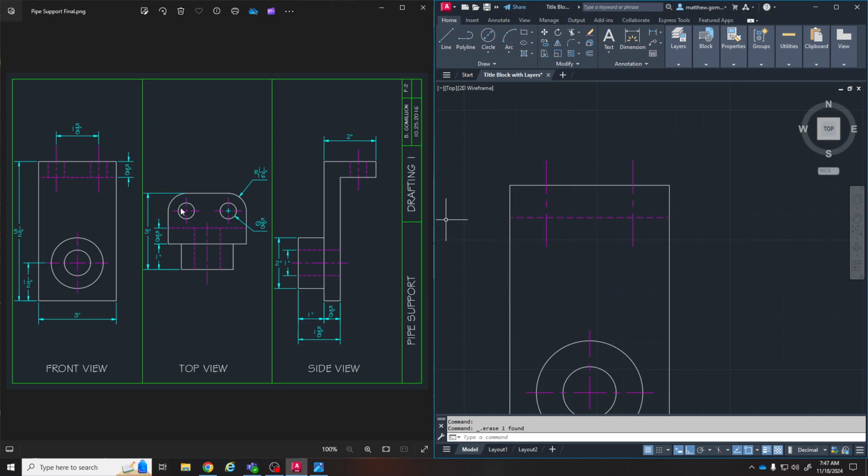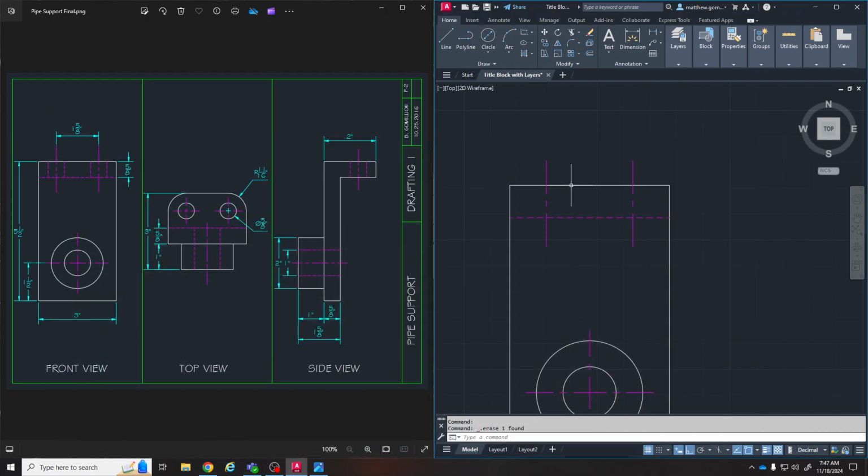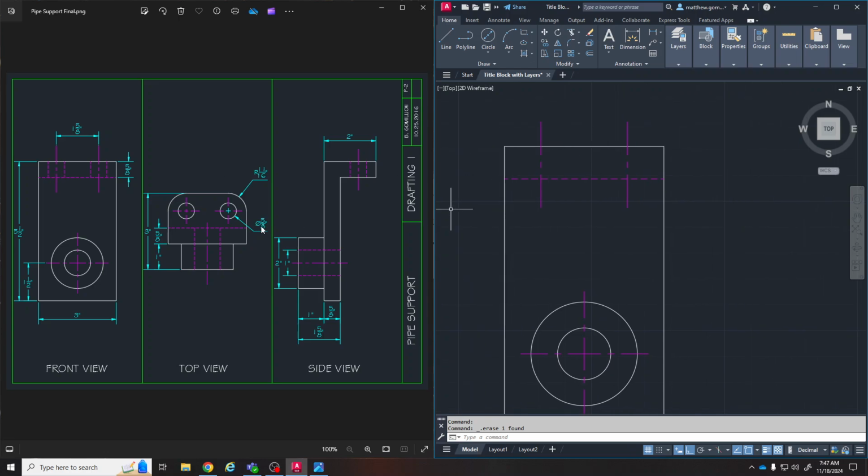So that's telling me where the centers of these 2 circles are here. Again, if I go back to the isometric view, it's telling me that these are 1 5/8 apart. Okay, the circles themselves are a diameter of 5/8. That's what these hidden lines are showing. So if the diameter is 5/8,